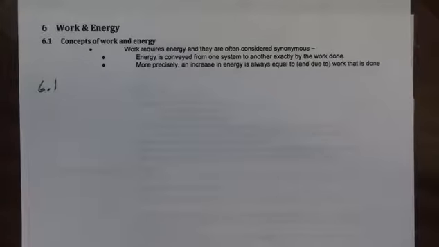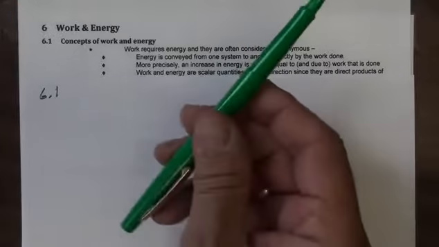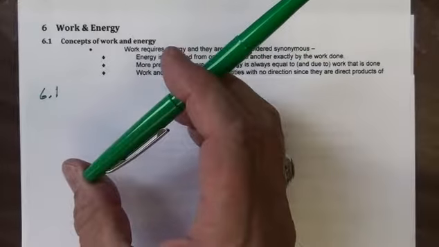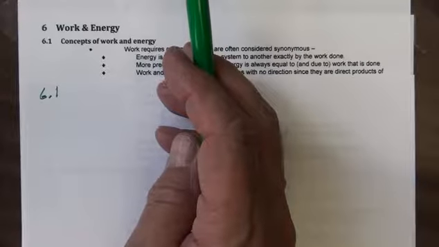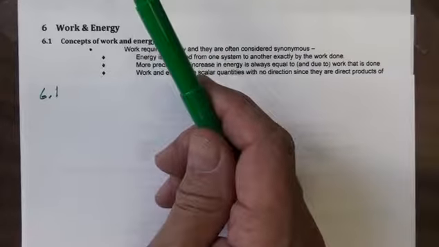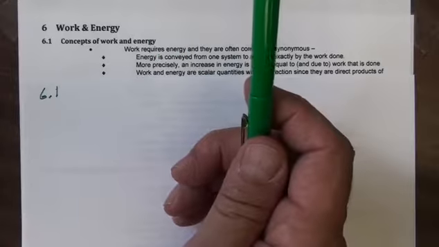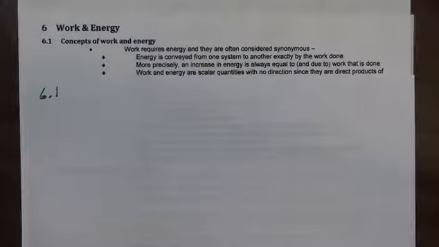But let me mention first that work and energy are scalar quantities, and they do not have any direction. Force, as you know, points in a given direction. It has a length, and you can't apply a force without pointing it in a given direction. We can't have a velocity without having a velocity in a given direction, or an acceleration. These are all vectors. But certain other quantities, like energy, temperature, and mass, are scalars. They do not point in one direction or another. In particular, energy is a scalar, and we'll see how that arises in a little while.